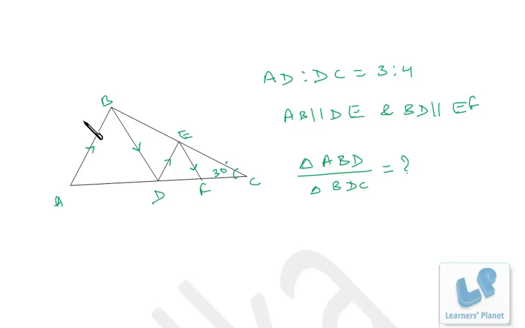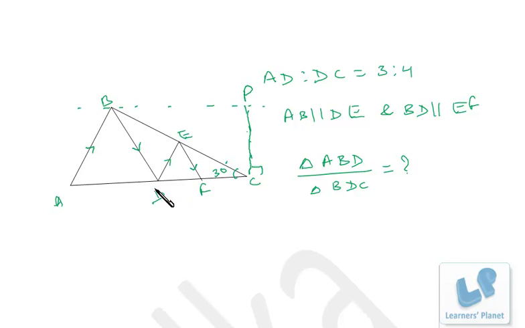See this triangle ABC. If I draw a line over here, this will be the altitude of this triangle. Suppose this is CP. Now CP is the altitude of triangle ABD as well as BDC. Since in both cases the length of the altitude is the same, the area depends upon the length of the base.